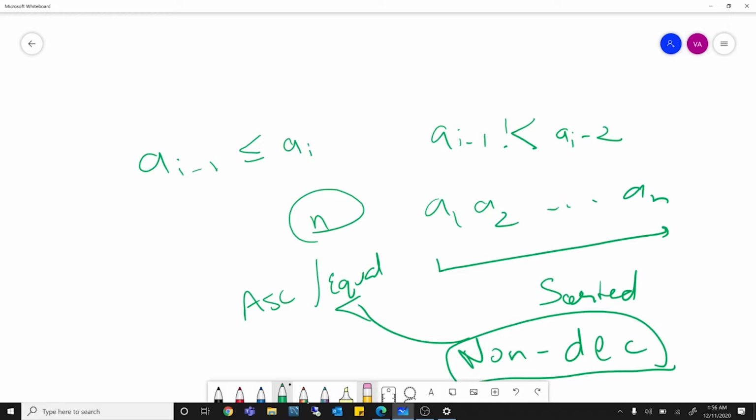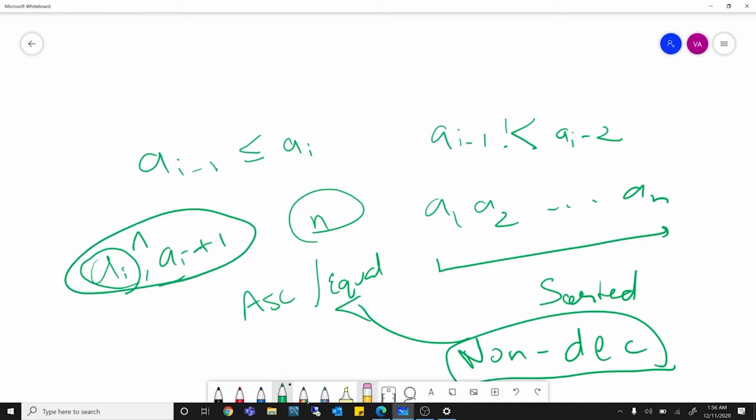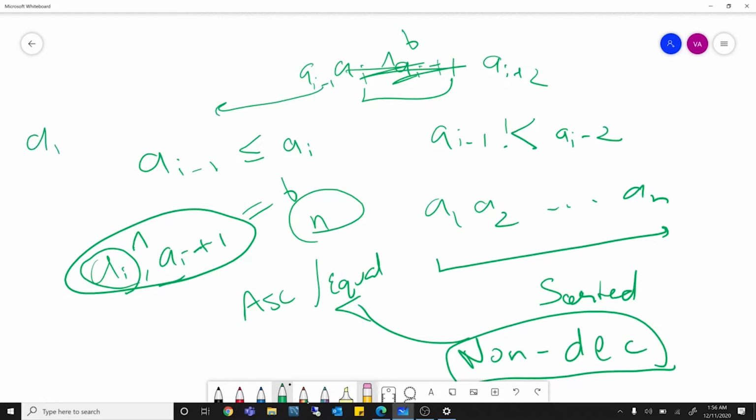And in one step, what we can do is pick any two consecutive elements, a of i and a of i plus 1, take their XOR and replace the ith element by this XOR. Suppose this XOR is b. If my array was initially a of i minus 1, a of i, a of i plus 1 and a of i plus 2, I take the XOR of these two and replace them with b. So my final array will become a of i minus 1, b, a of i plus 2. You'll see the length has also decreased.